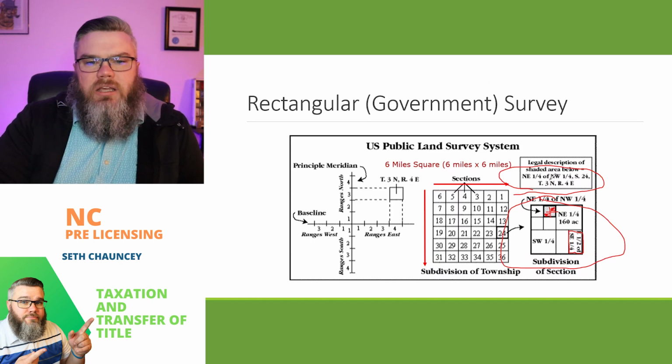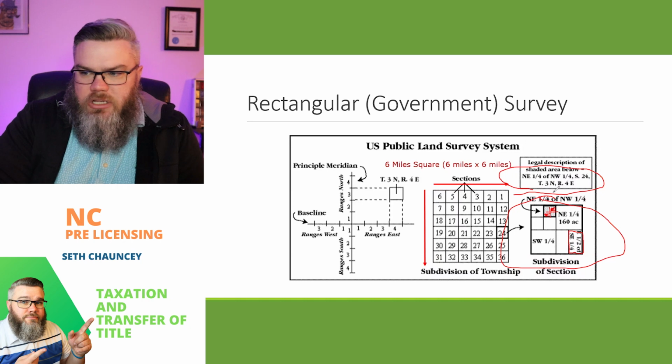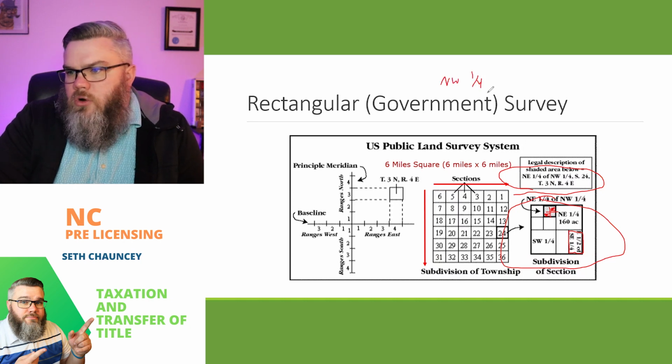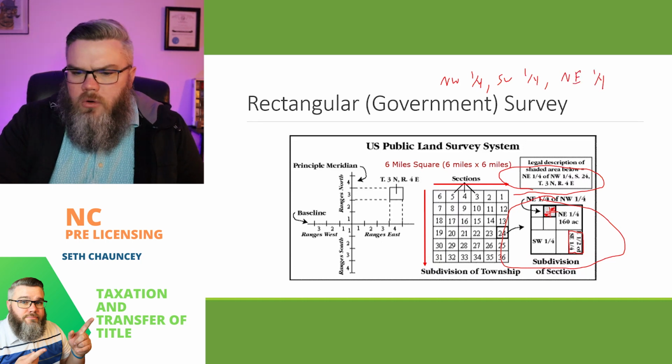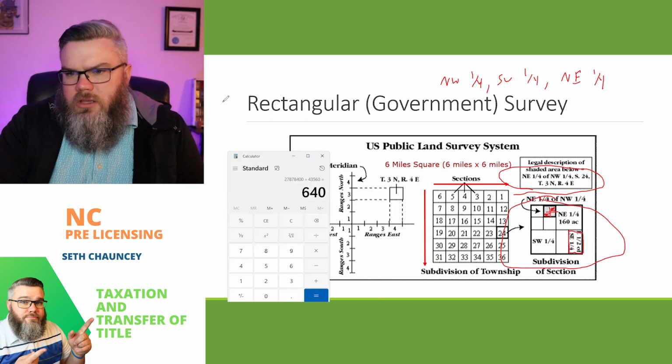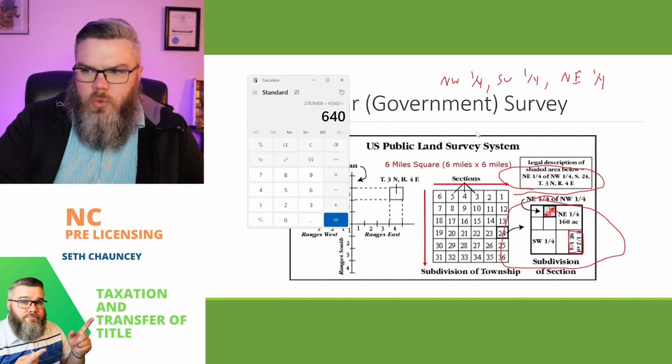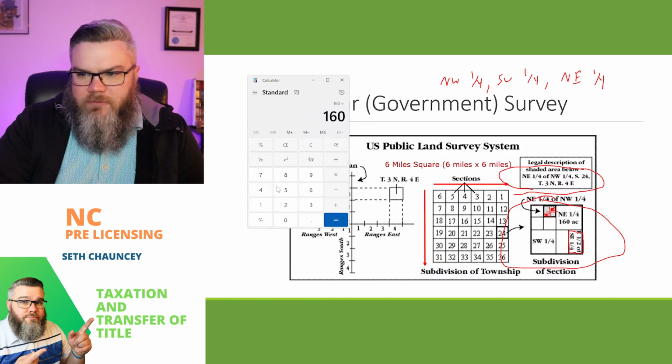What you have to do is calculate how many acres were in these parcels. So let's say I said the northwest 1/4 of the southwest 1/4 of the northeast 1/4. Well, all you would have to do to calculate the acreage is, I told you, it has 640 acres in one section. So you take your 640 acres and divide by every denominator. And it doesn't matter which way you go. So divided by 4, divided by 4, divided by 4 would tell you that that piece of property had 10